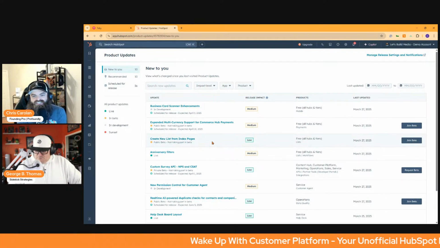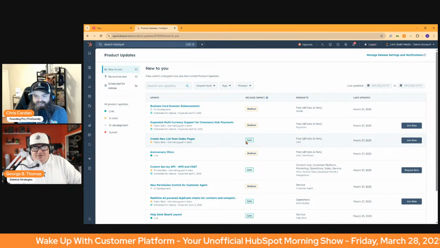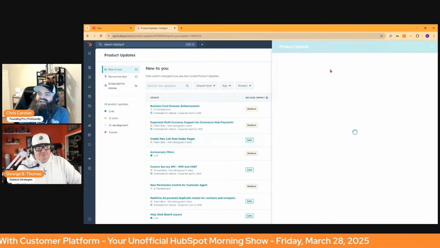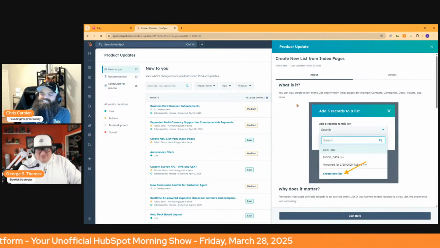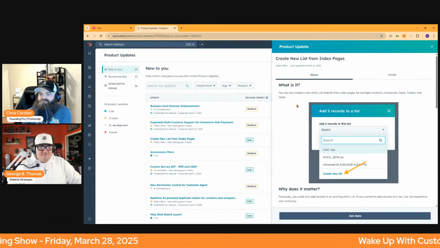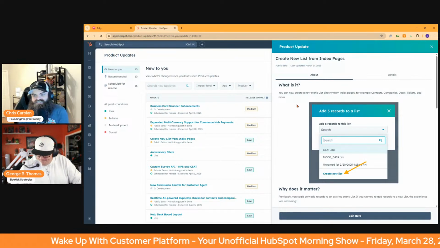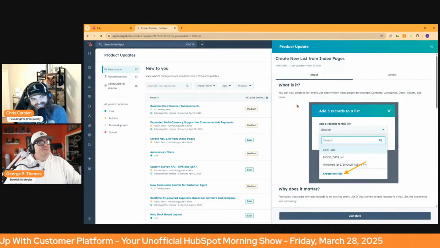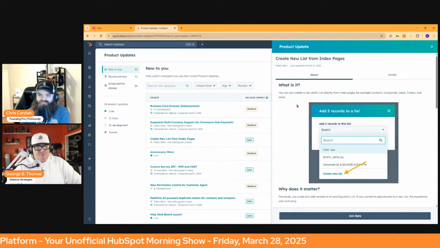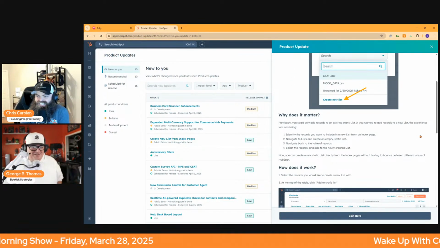Create new list from index pages. I love this. Somehow this is a low impact. What is it? You can now create a new static list directly from index pages. For example, contacts, companies, deals, tickets, and more. And by the way, there's like 16 more objects, just in case anybody was wondering. Why does this all matter, George? Just keeping you up to date on the object. So